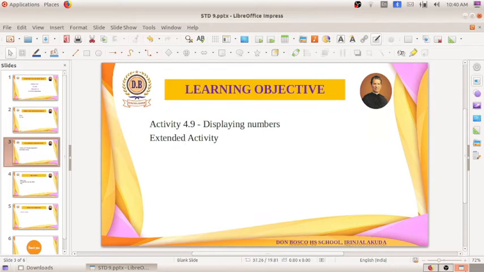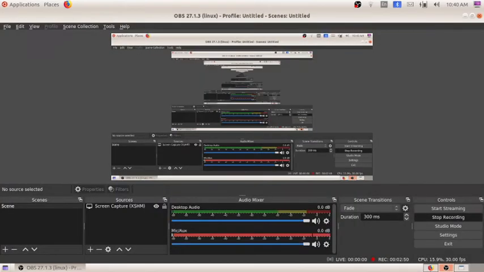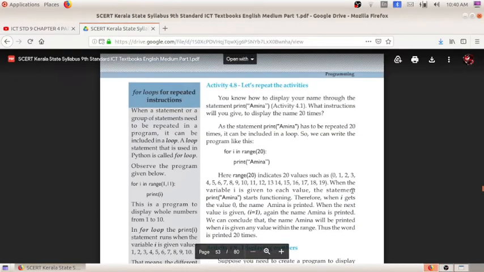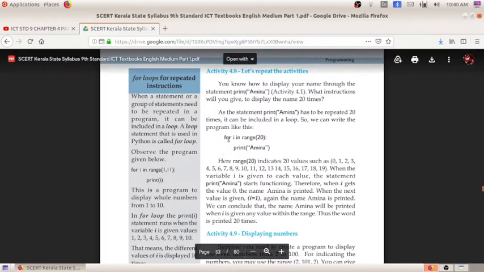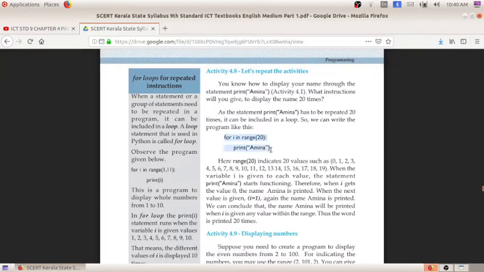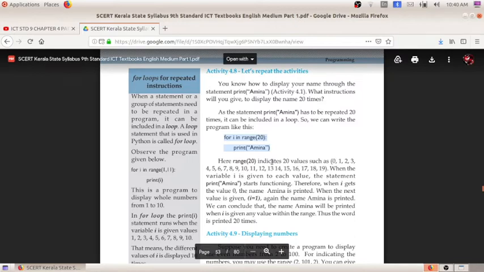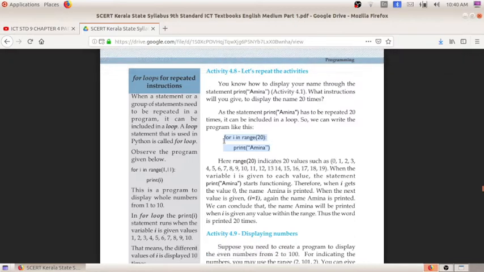So what about this for loop? What I told about the for loop. Here you can see this is the program for printing the string Amina. Instead of writing Amina 20 times, we can put it in a loop. Here we have used a for loop, so only 2 commands are necessary.